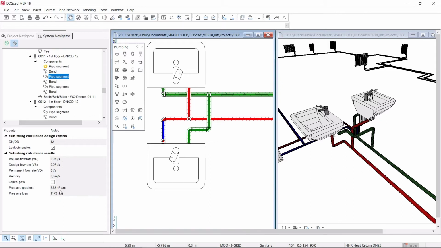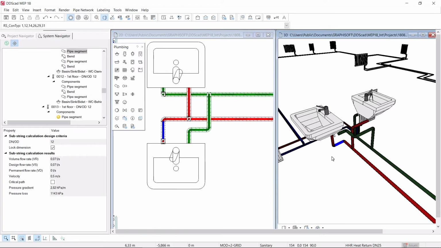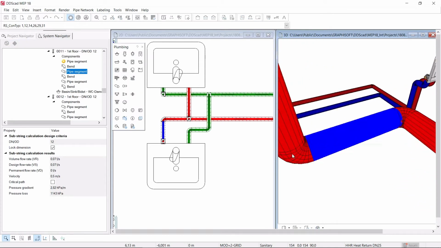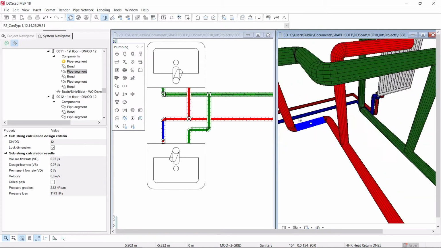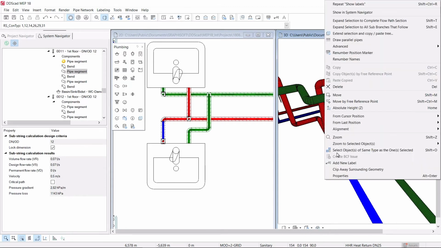Separate dialogues show detailed information about the system or the selected substring, with design criteria and calculation results, and the selected component's object properties. Substrings and components that are selected in the System Navigator are displayed directly in 2D or 3D. For a pipe or duct segment selected in the workspace, the corresponding substring can also be located directly in